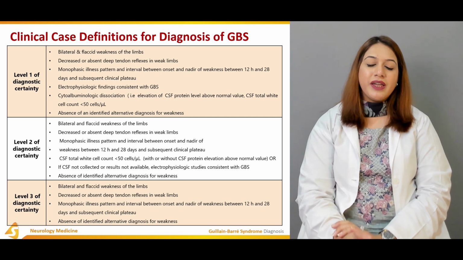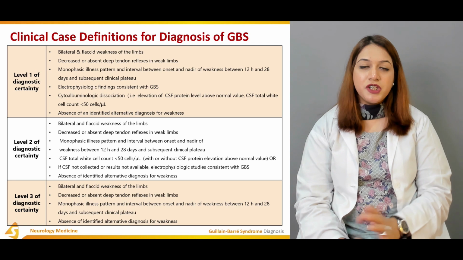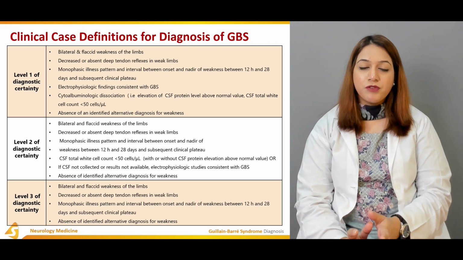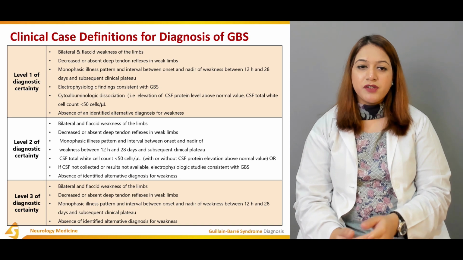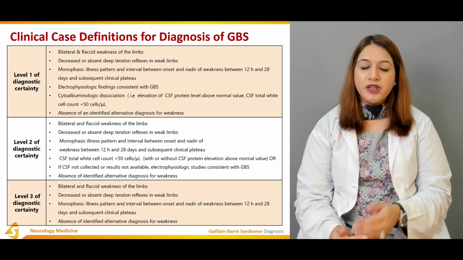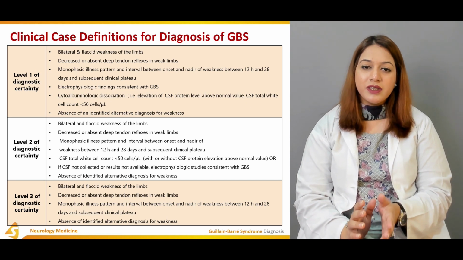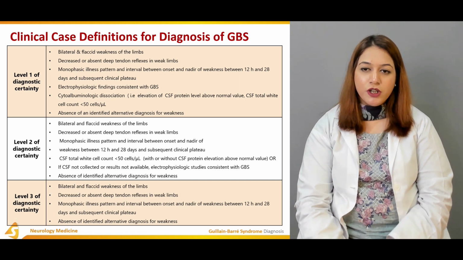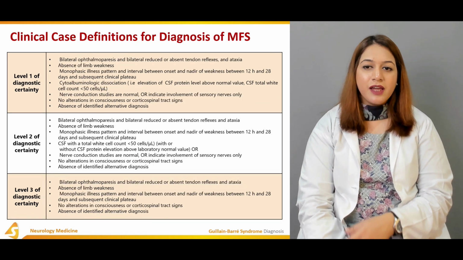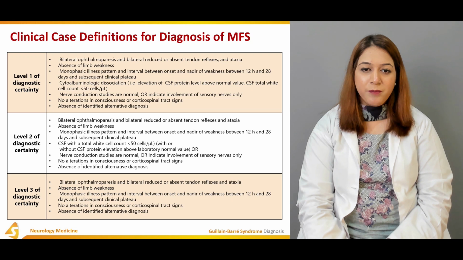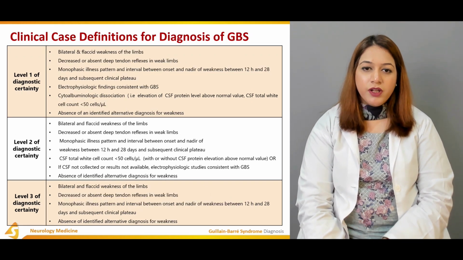Now, in 2011, the Brighton Collaboration developed a new set of case definitions for GBS. Why did they develop a new set of case definitions? In response to needs of epidemiologic studies for vaccination and assessing the risk of GBS. So there are clinical case definitions for GBS and for Miller-Fisher syndrome as well. There are 3 levels of diagnostic certainty. The level 1,